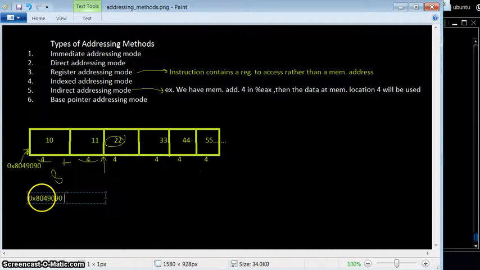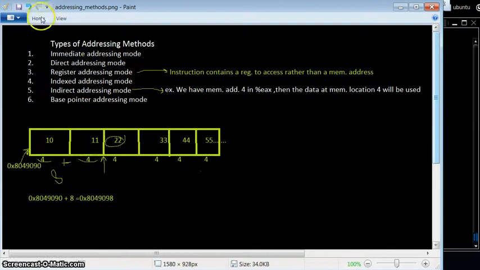we have to add 8 to it, and so we get the address of this one, and this is the address of this value, correct? So this is the way offsets are used. We don't need to specify our index register, sorry, our index in this one, correct? But we'll have to specify our multiplier, I guess.